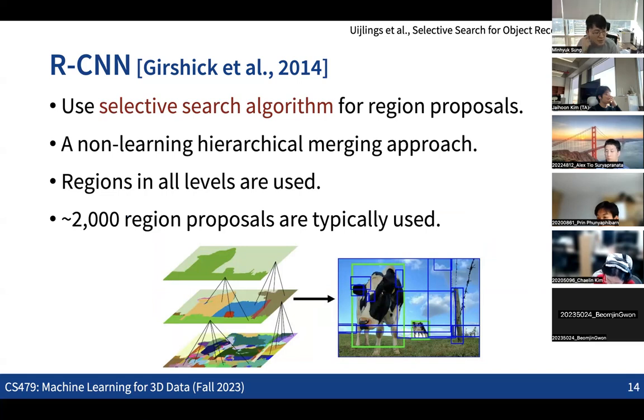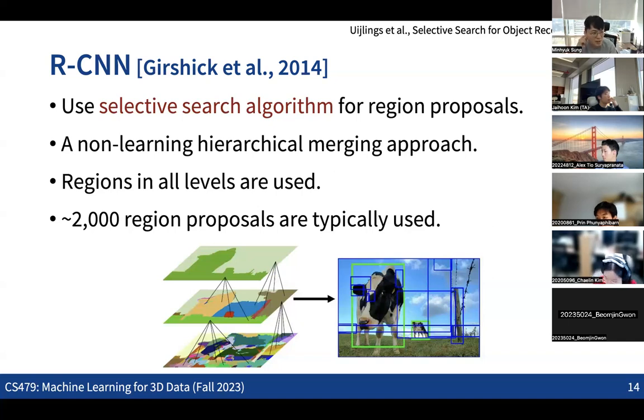Superpixels are basically small clusters of pixels that share the same colors. So it's like very small clusters of pixels over the entire image. And what we do is some kind of hierarchical merging. This is a task that we do without any neural net. It's a very simple algorithm, a non-learning based approach.